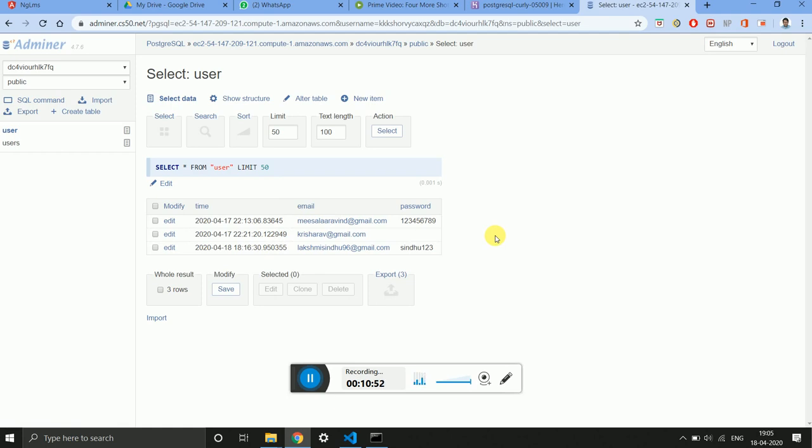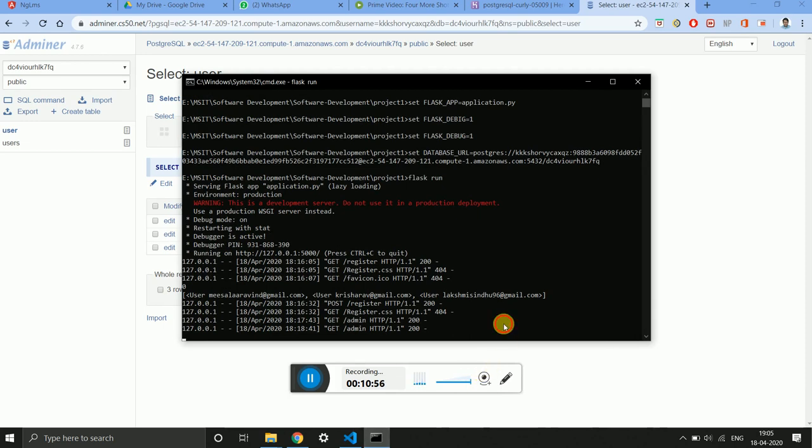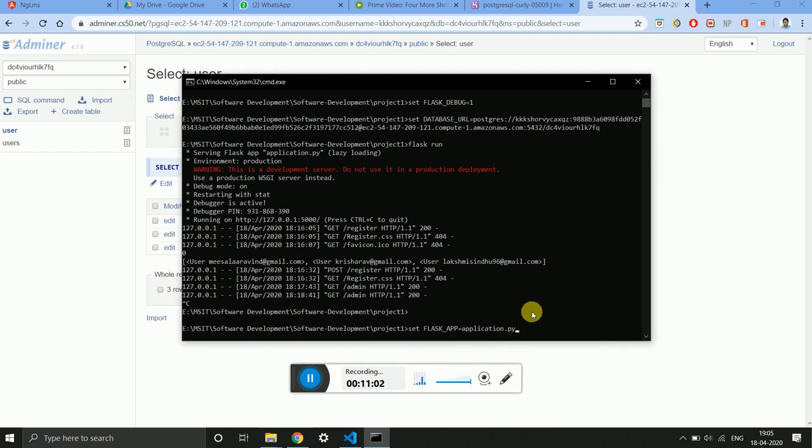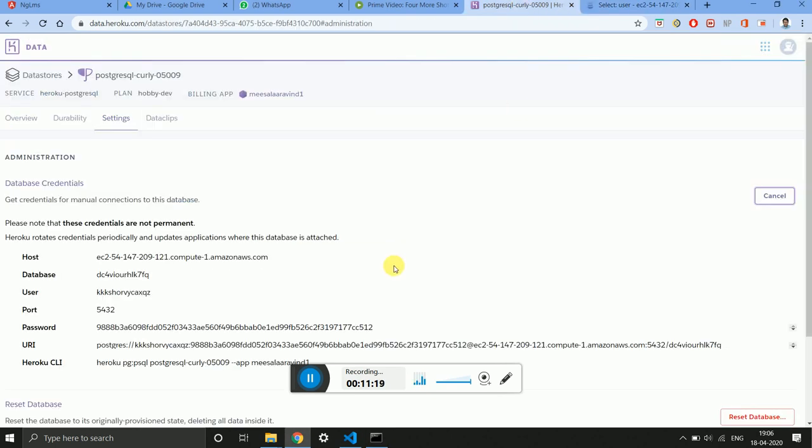So now let me run this file. Initially you have to set the database. So first I have created the Flask app, which is set the Flask app to application.py, and the debug mode is on, and set the database URL to the URL that is mentioned in my view credentials of Heroku.